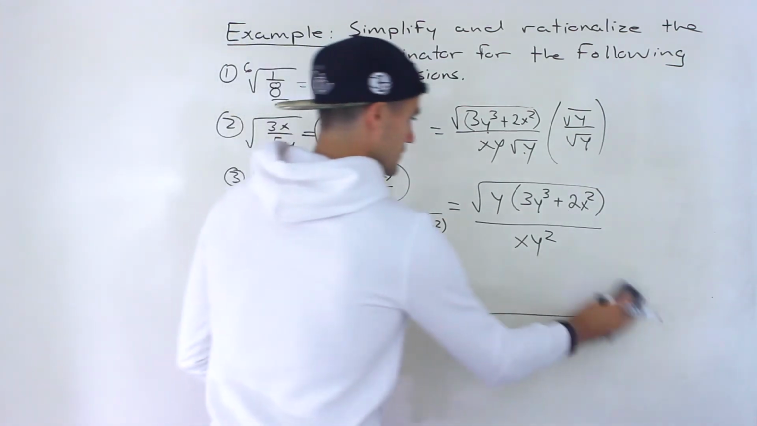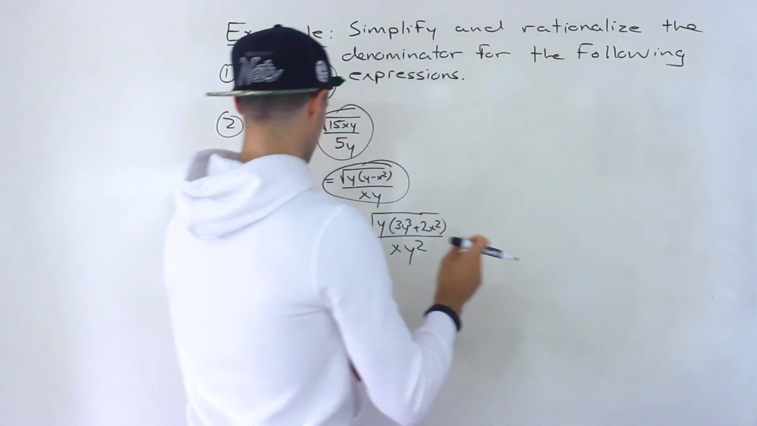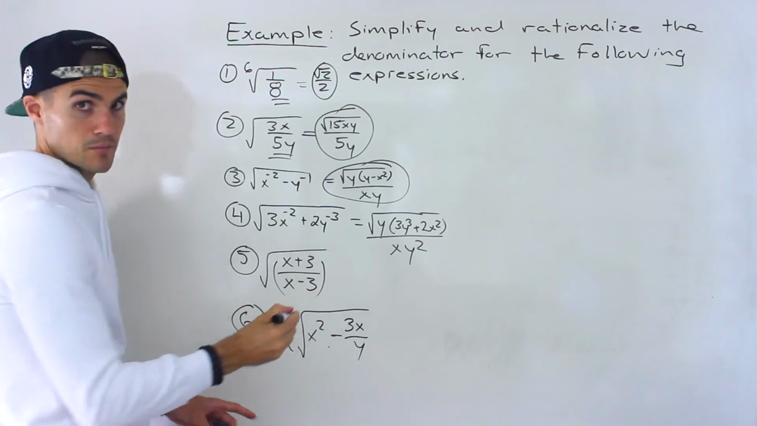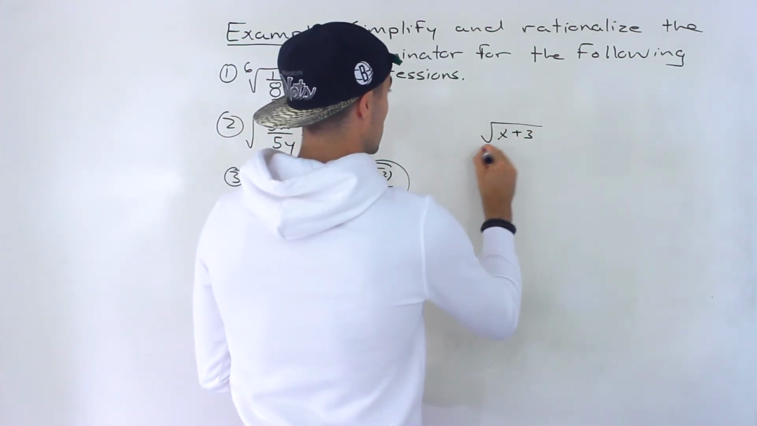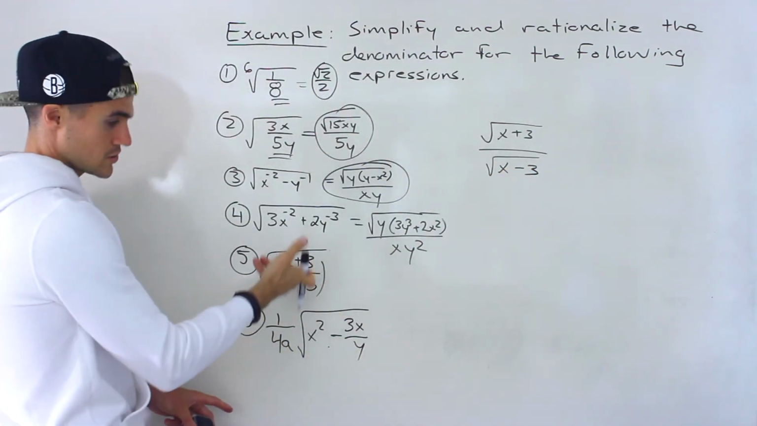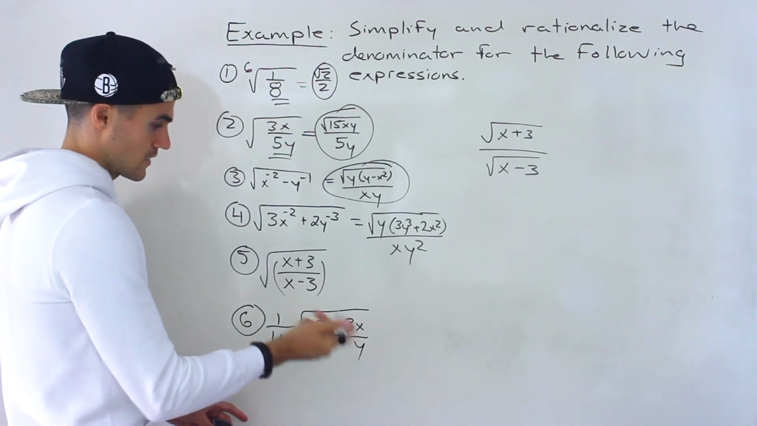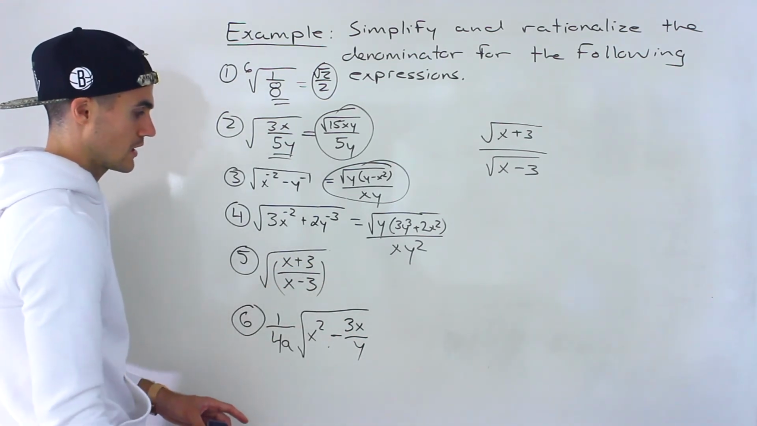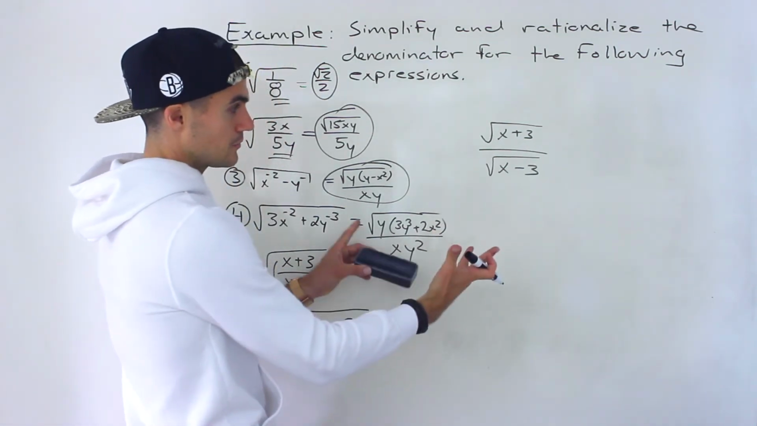number 5. Number 5 is actually kind of easy because it's already one fraction, as I mentioned. So it's just the square root of x plus 3 over the square root of x minus 3. Again, what you want to check, I forgot to mention, can you simplify this fraction? No, you can't simplify this fraction. X plus 3 over x minus 3, you can't simplify. So from here, split up the radical,